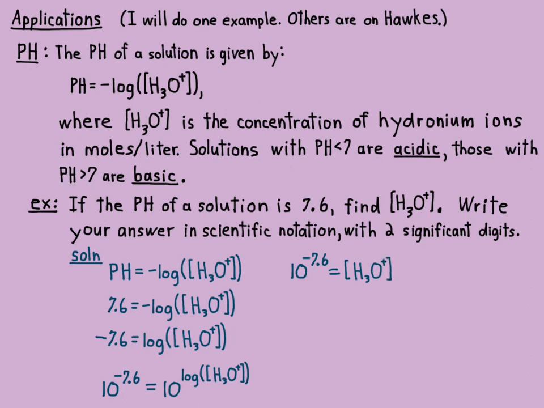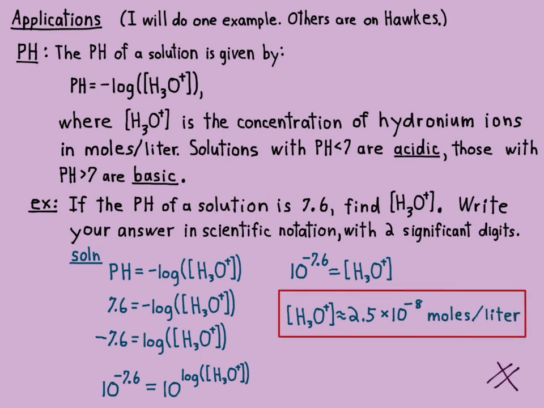And now, that is not scientific notation. Scientific notation has one digit between 1 and 9, then a decimal point, and then the other digits to the right of the decimal point, times 10 to some integer power. It can be a negative integer, a positive integer, or 0, but it can't be 7.6 or negative 7.6. That is not scientific notation. So I put that in my calculator. It's a really easy step. Don't miss it. Put it in your calculator, and it comes out with 2.5 times 10 to the minus